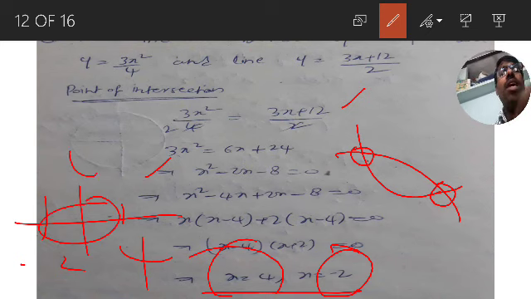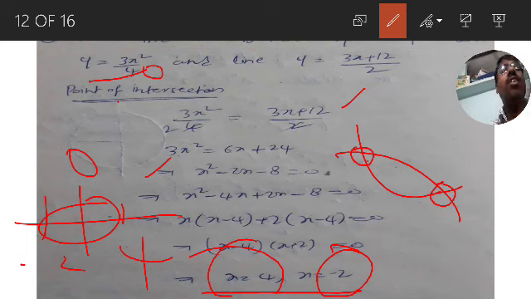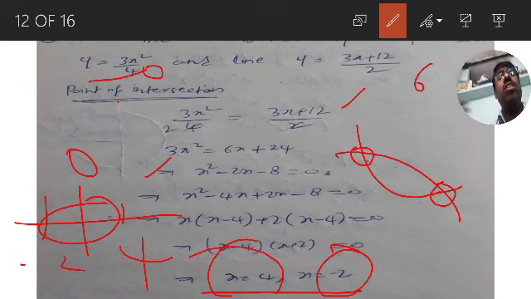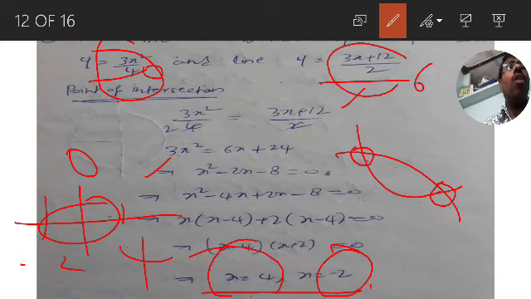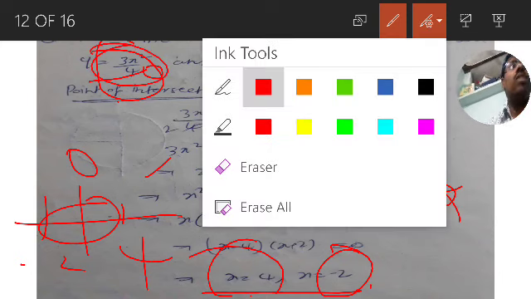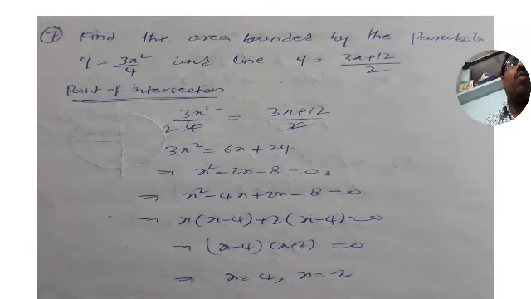For simplicity I am taking 0 and substituting in the first curve, you get 0 here, and in the second curve you get 6, which is the greater value. So the second curve becomes the upper curve, and the first curve becomes the lower curve. So integration -2 to 4, upper curve minus lower curve is the answer. So that's what we did.